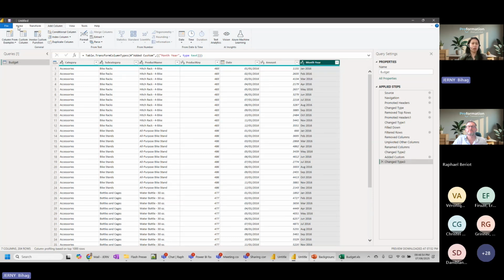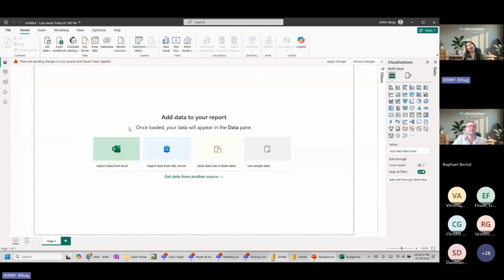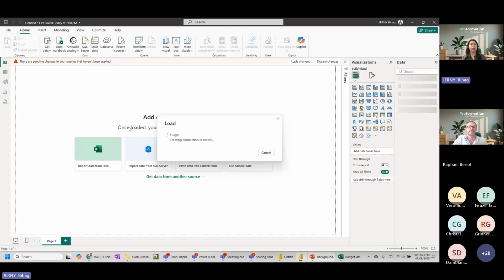I'm going to hit Home and Close and Apply. Close and Apply means from the back interface, you're moving it to the front. Why are you doing that? Well, because in the front, that's where we create visualizations, and that's where we create our data model. This is a straightforward data model, so this is just one table. We do give an introduction or a little bit of an idea on the different data models in our classes. I don't know why it is still loading, but in the interest of time,